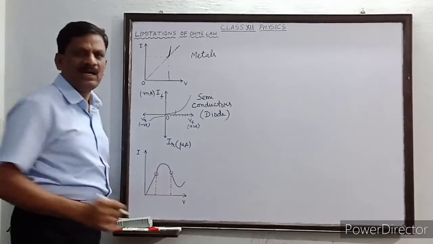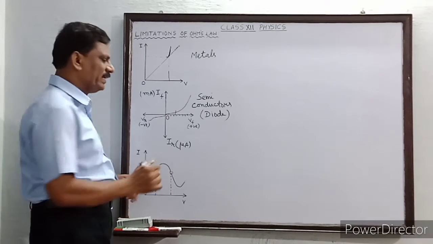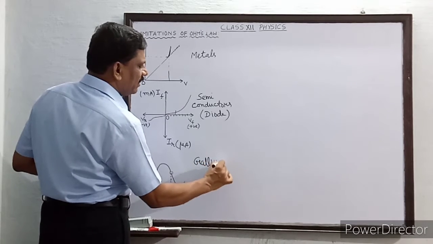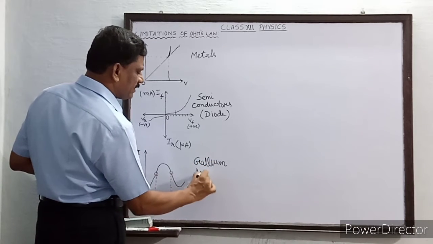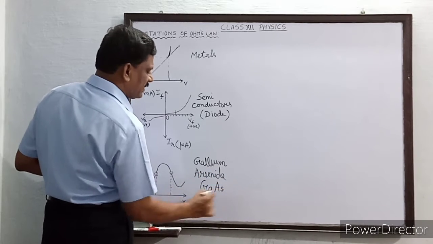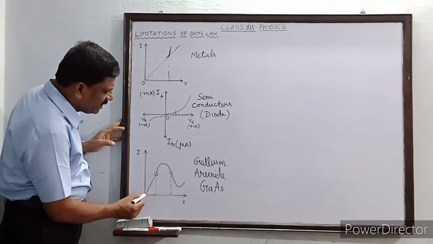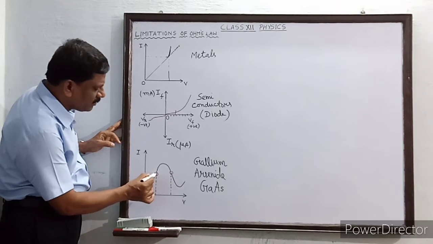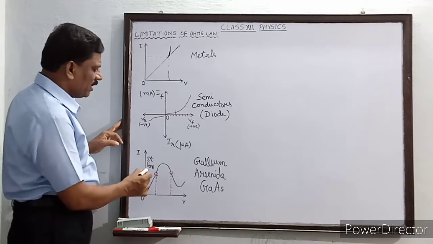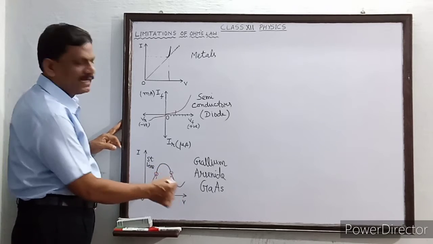And the third graph is for another particular type of diode, the LED, light emitting diode. It is also made up of a semiconductor material, for example gallium arsenide. This is the graph drawn for gallium arsenide. Ga for gallium, As for arsenide. Here, what is the pattern of the graph? Initially, from the origin up to this point, it is a straight line, or linear portion. And here you can see that this is a non-linear portion, this also is non-linear.